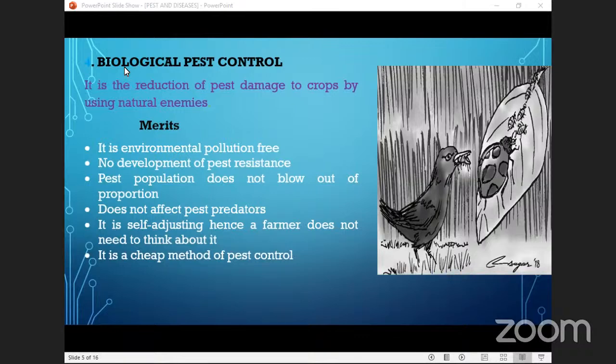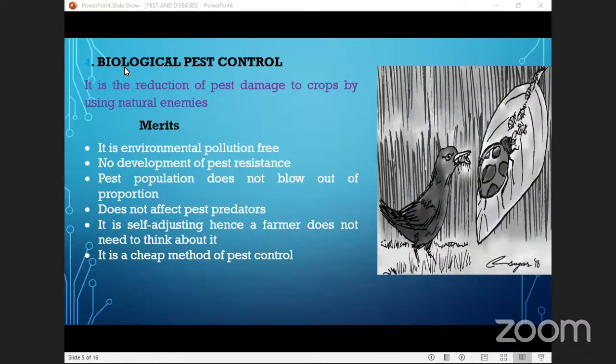All right, thank you. The advantages of this method is that it is environmental pollution free. Doesn't pollute the environment, doesn't leave any residue on our crops while they are in the garden. And then the other advantage number 2, no development of pest resistance. There is no way a pest can resist pest control method,